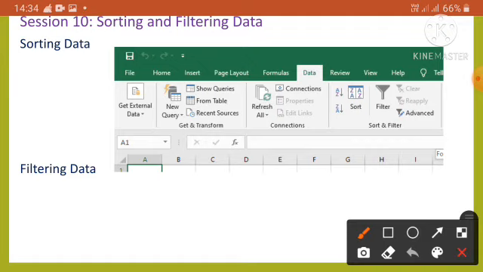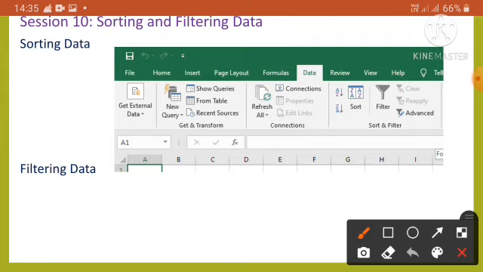So, at first, sorting data. Sorting data means rearranging the data according to the given criteria. We can also sort the data in alphabetical order or according to a particular field in the worksheet. We can perform two types of sorting in MS Excel, automatic and custom. Automatic sorting sorts data in the ascending or descending order, while custom sorting sorts and displays data based on criteria or conditions specified by a user. In custom sorting, you can select the column based on which you want to perform the sorting.